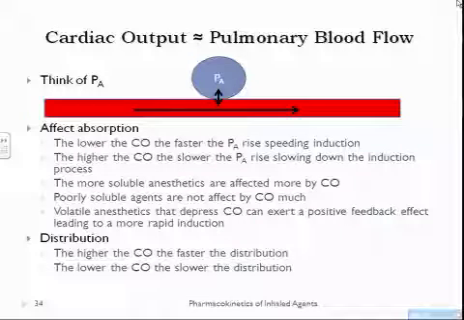So, that's simply because you get better saturation of the actual alveoli, which then causes this gradient to be even faster. Now, if your cardiac output is high, on the other hand,